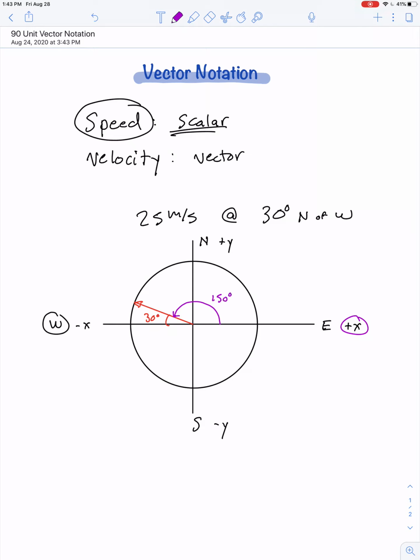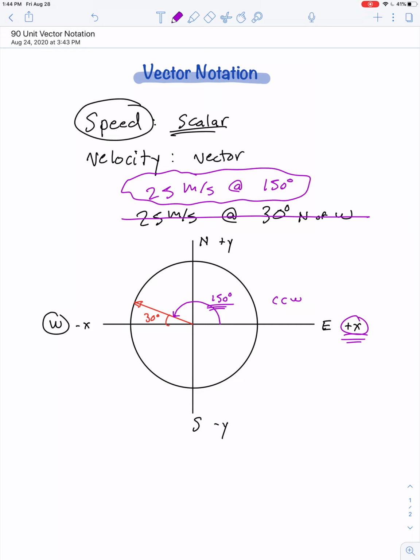So I think it's probably pretty good convention to stick to always measure your angles going in a counterclockwise direction relative to the positive x-axis. So another way to give this same description of the vector would be to say I traveled at 25 meters per second at an angle of 150 degrees. When it's not stated clearly 150 degrees relative to what, it can be assumed counterclockwise relative to the positive